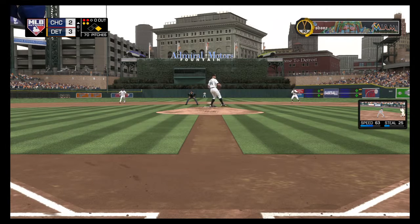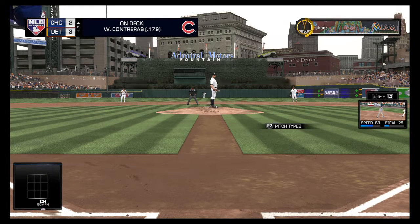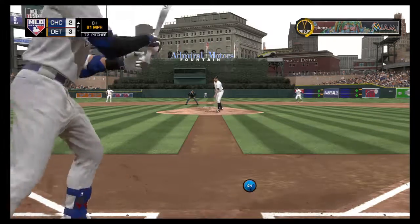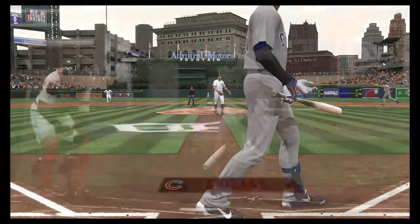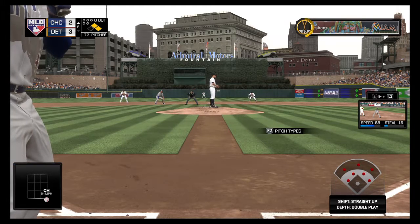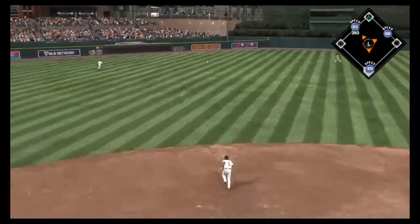It's 2-2. And a changeup here, but that's taken low in the dirt for a ball. Ready to deliver the full count pitch. And he lays off there, ball 4. So back-to-back walks have him in business here with nobody out. The catcher, number 40. Here's the young catcher, Wilson Contreras, as he'll look to bring home that tying run from